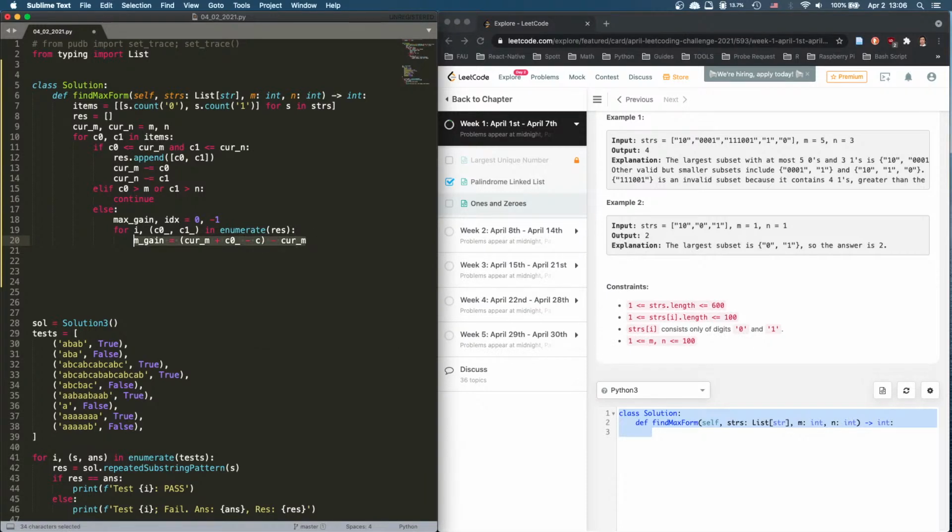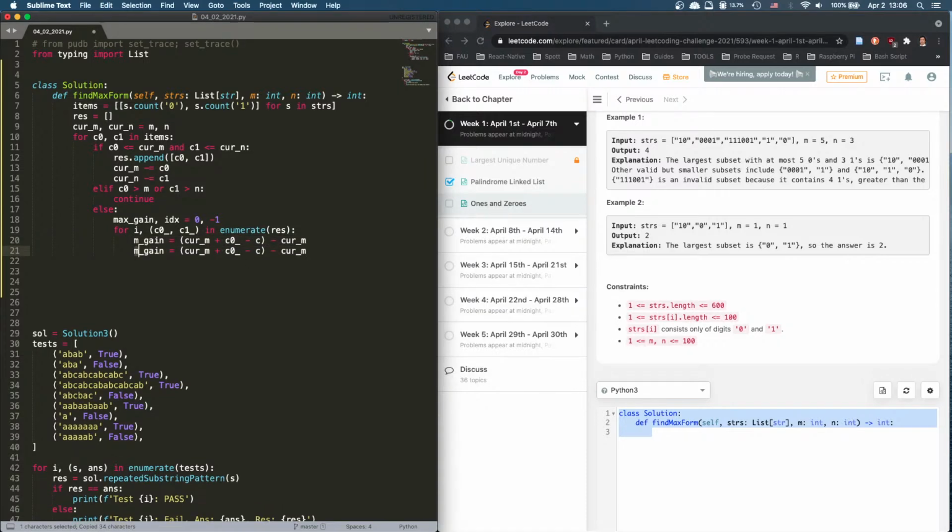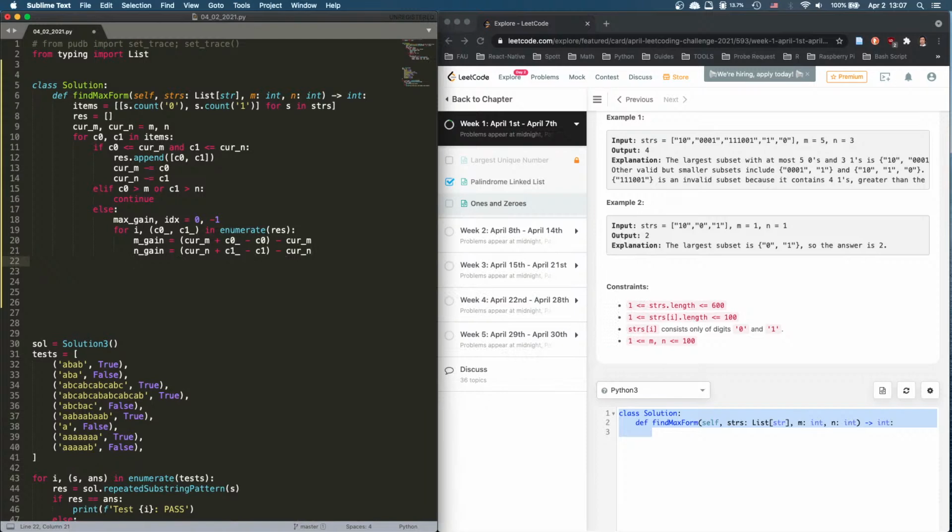So that's the current. That's the m gain, and we also have the n gain, which is, that's actually not correct. It's a C0, and here is C1. So giving back the 1, and then we deduct the current one, right? So we have this, and I'm going to say